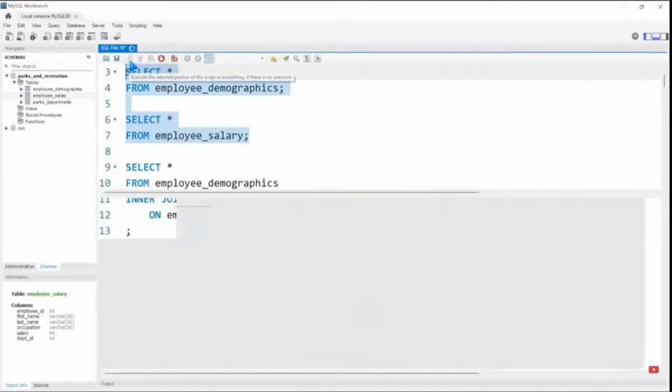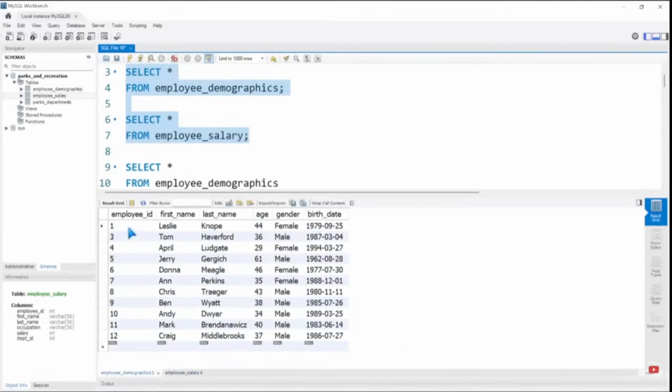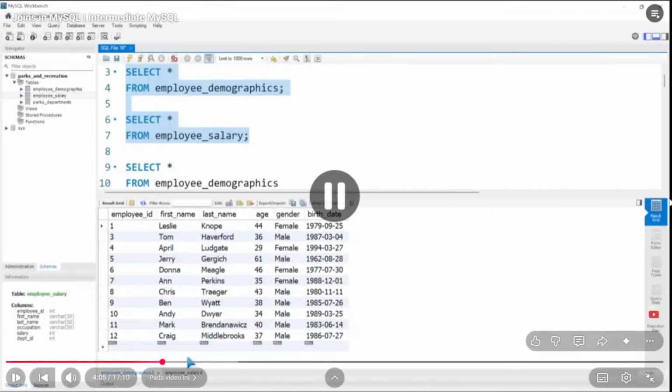So let's run this. So you'll notice in the employee salary table, we have a number 2 right here, and that's Ron Swanson. But in the employee demographics table, we don't have that. I believe that Ron Swanson did this so that Leslie Knope would not know when his birth date was because he didn't want to bring that information. I think that makes the most sense, although Ron